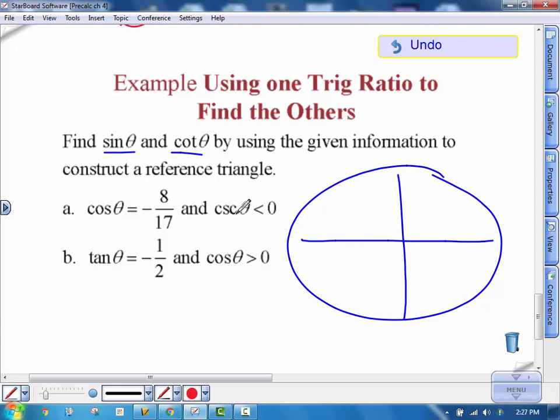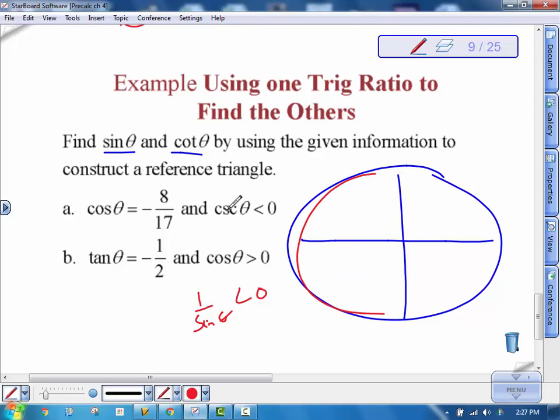The cosecant is really 1 over sine. So when they tell us the cosecant is negative, what they're telling us is the sine is negative. If the sine is negative, that's the y values. That tells us we're in the third quadrant. So based on this clue, we knew we were back here somewhere. And then based on this clue, we knew that we had to be in the third quadrant. So what we do is draw a reference triangle in the third quadrant now,